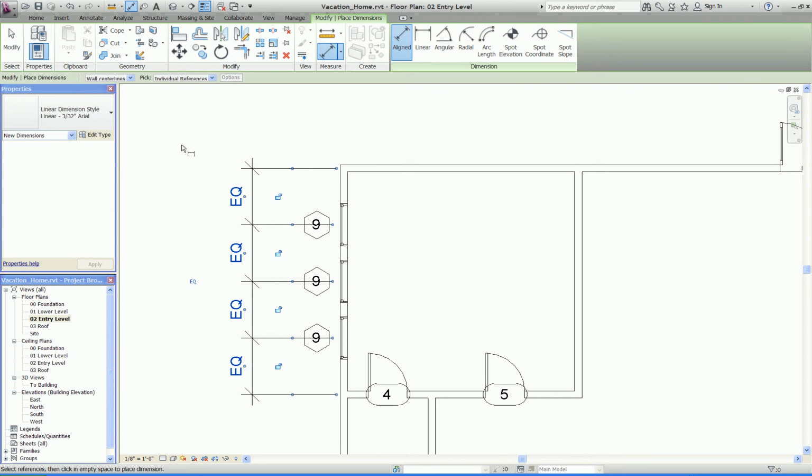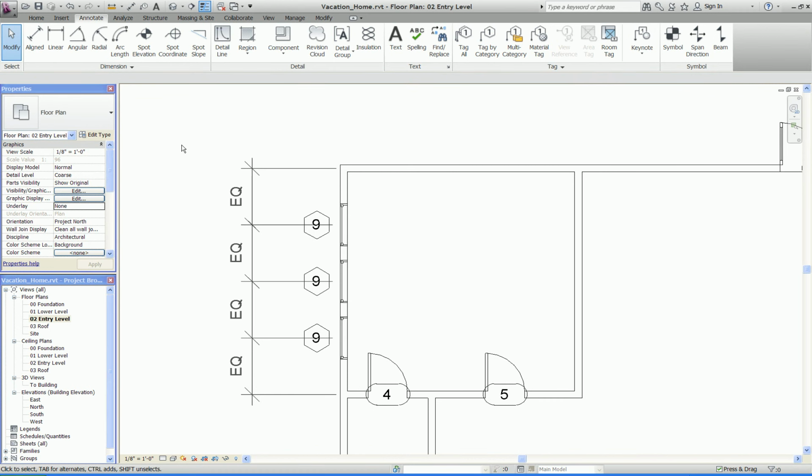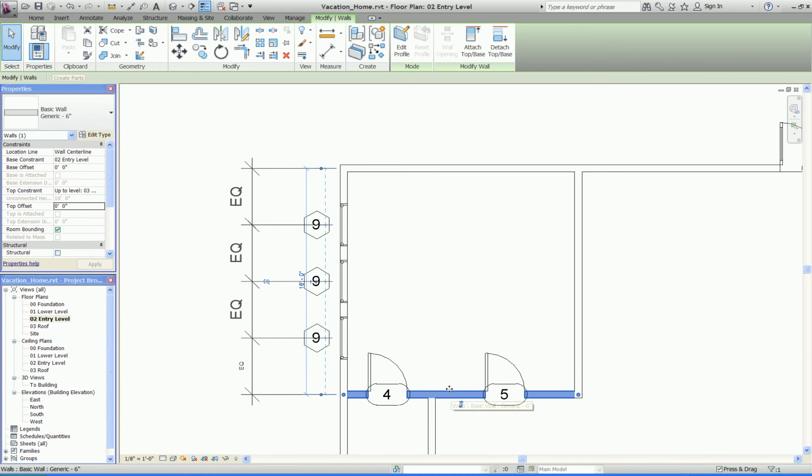Select Escape to get out of the place dimension command, and we will do a little experiment here to move the interior wall of the room. We'll click it, and when we click the wall, the Modify Wall contextual tab lights up on top, and we will move, left click and just drag up